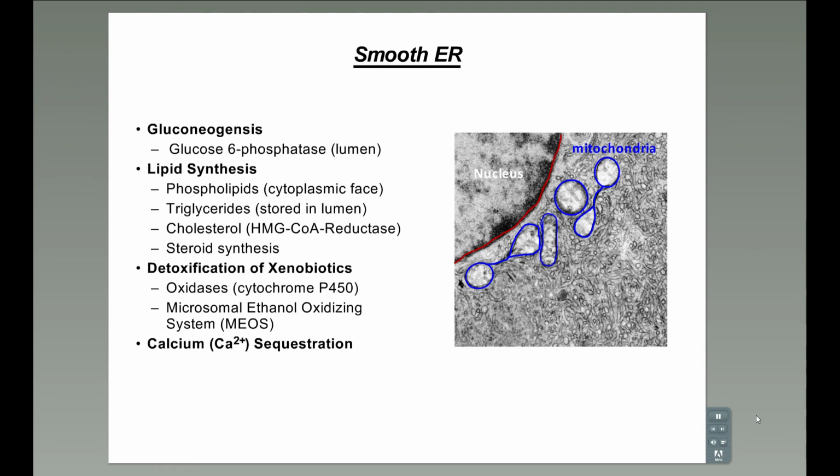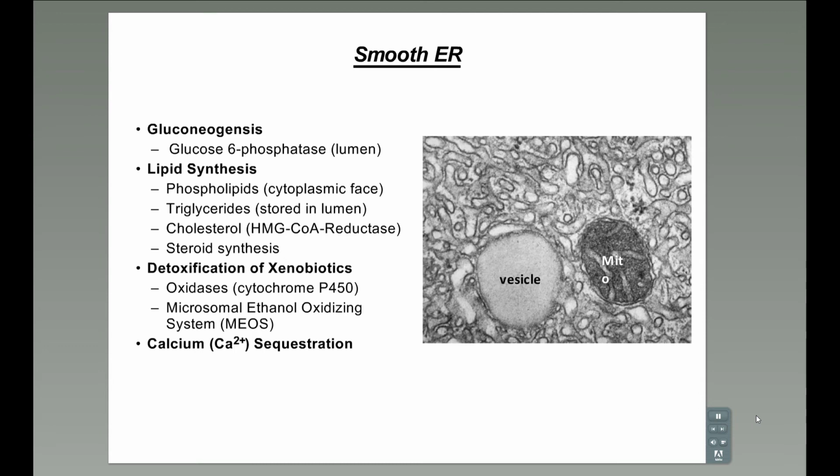Things that are not smooth ER are highlighted: the nucleus is shown in red and a couple of mitochondria in blue, but all of those circles below those are actually smooth ER, and all those tubules. Again, you're seeing one slice here, so you're seeing the different tubes of the smooth ER. Here's a blow-up. Here's a mitochondria on the right, a vesicle on the left, and all of this tubular nature is all smooth